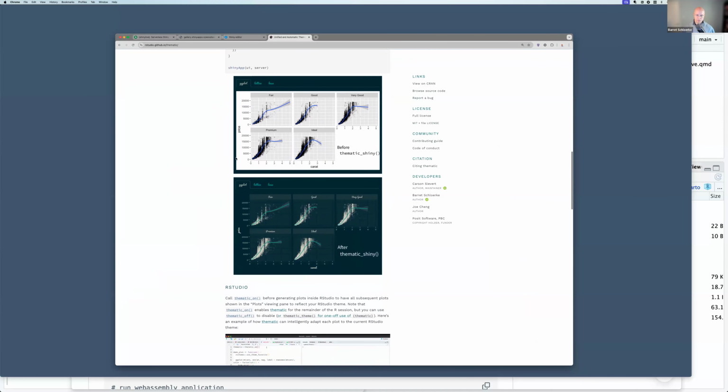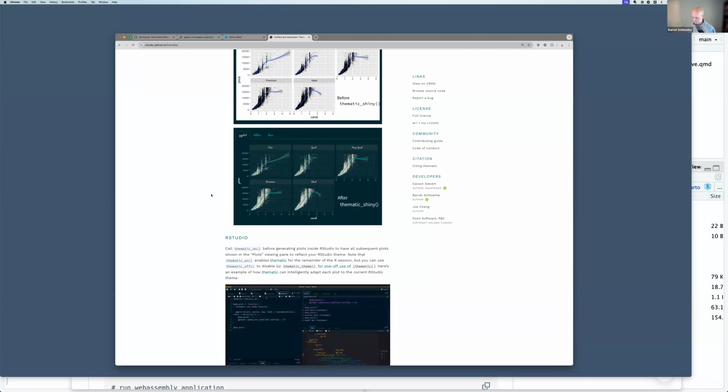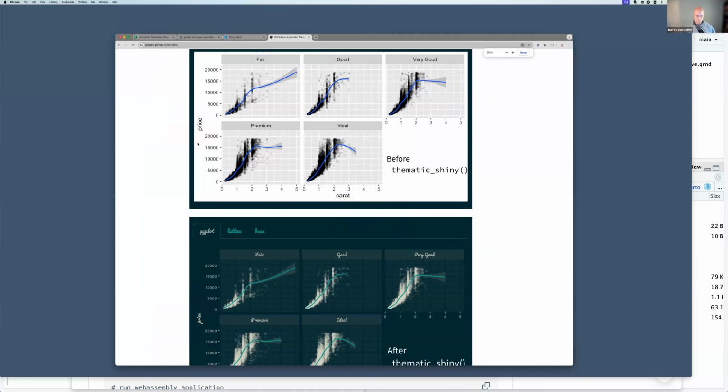And what's really, really cool is you just have your app and it's doing its stuff. And then you add in thematic. And if you can look, the titles of this plot is now in the fun font that the rest of the app had. Also, the theme of the background colors, the shading, it all is kind of taking after your primary and secondary color scheme. So I would suggest to look into the thematic package. Oh, thank you, Eric.